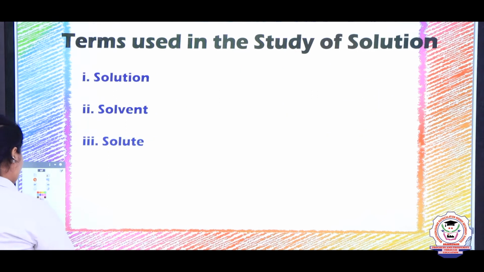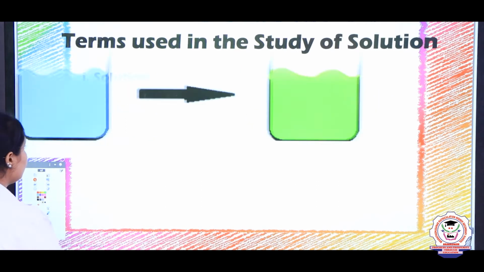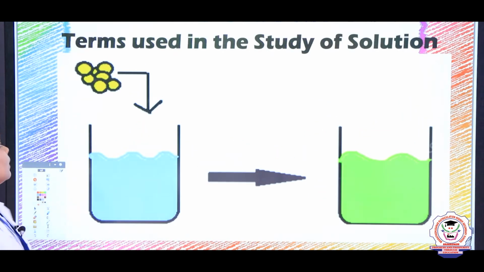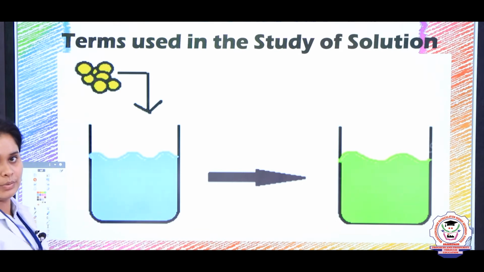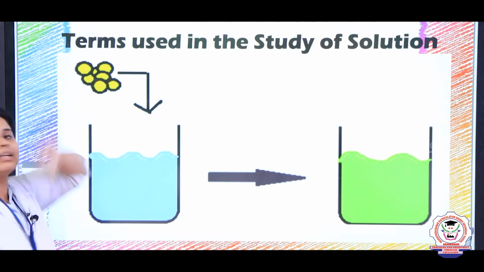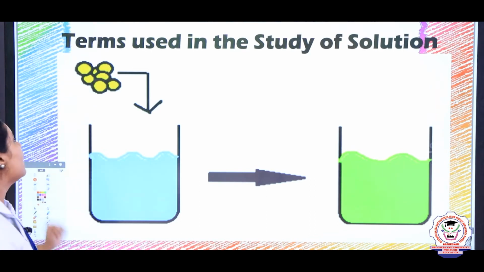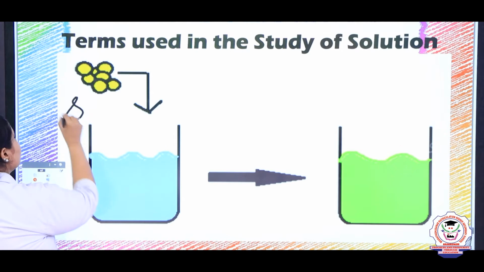Now let's test you. I have given you a picture. Now just see in this picture. In this picture you have to tell me what is solute, solvent and solution. Yes, Giridharan, can you tell me? Yes, very good. So the smaller content here, the yellow part, is known as a solute.